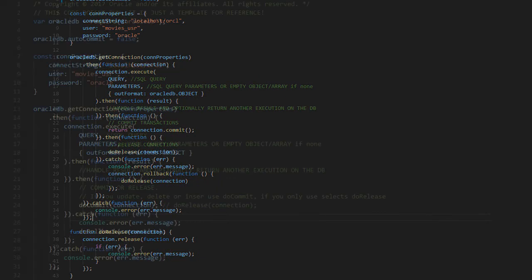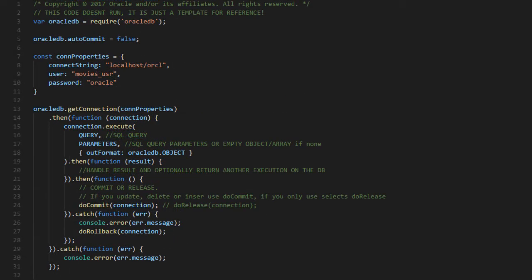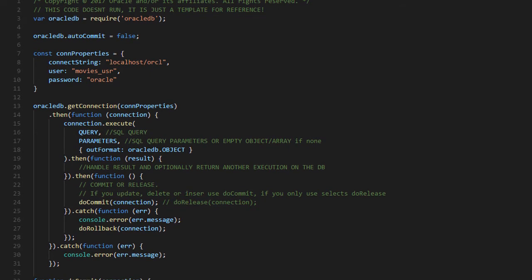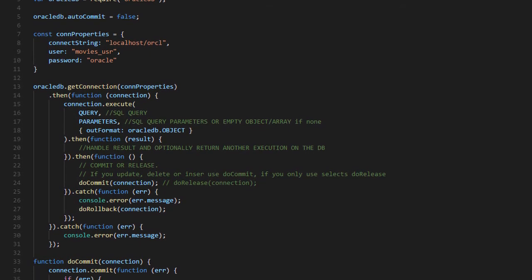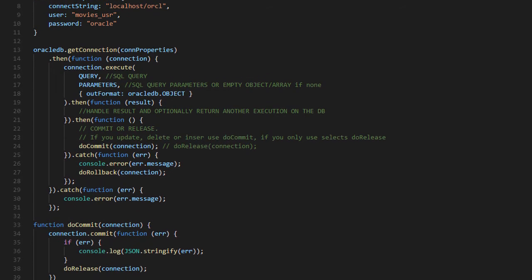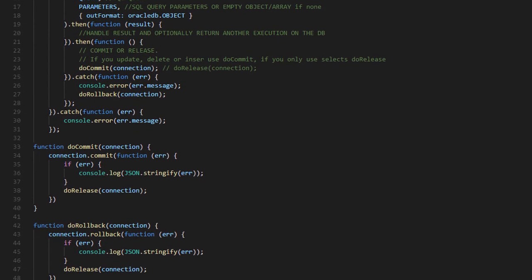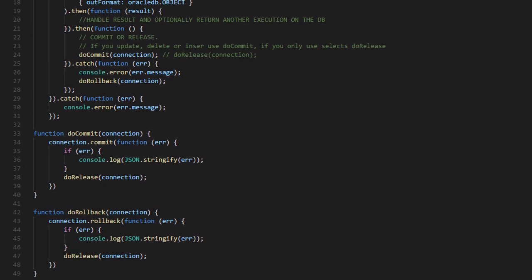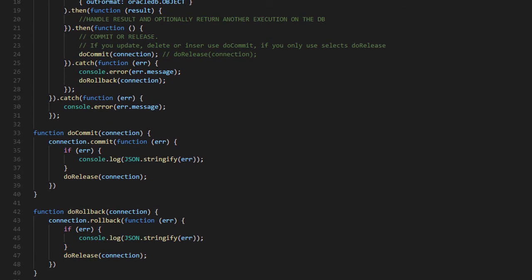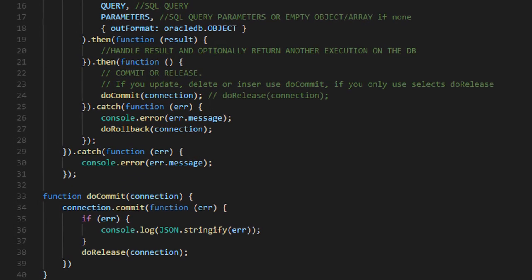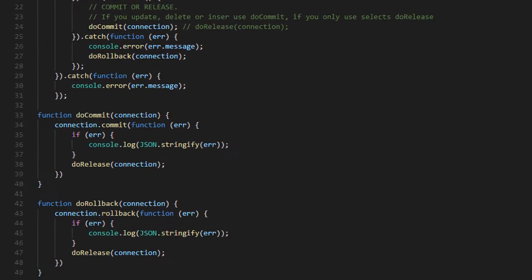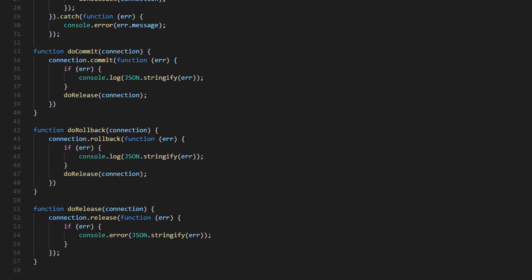You only need to commit and roll back when you do inserts, updates, or deletes. If you are only selecting, you may only release the connection without committing or rollback statements. If you commit and roll back in select statements, nothing will happen, but performance will take a minor hit because of the extra operation. And finally, you can combine promises and classic callbacks in your code. This is especially useful with commit, rollback, and release.